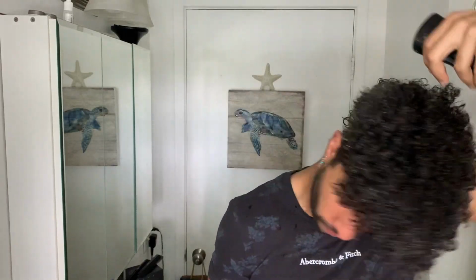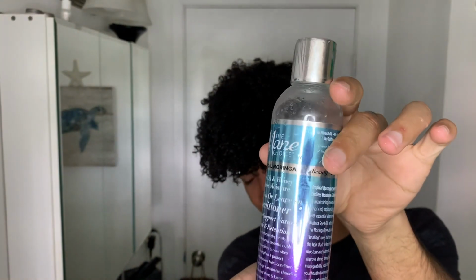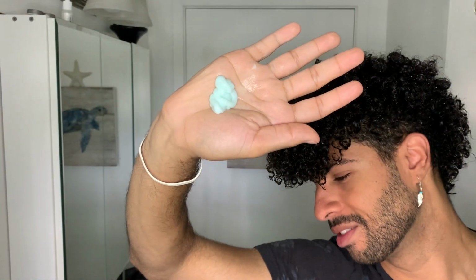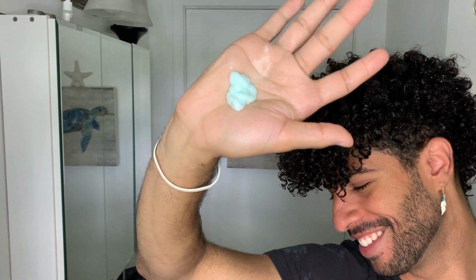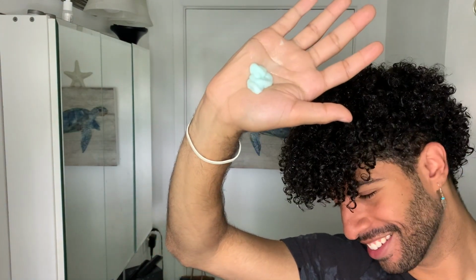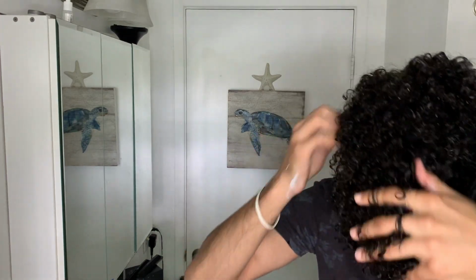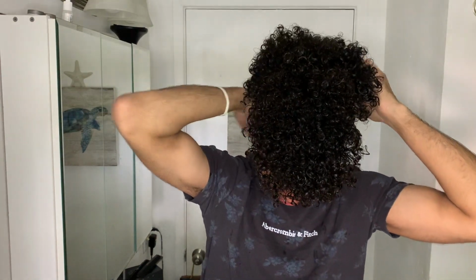Next I'll be going in with this Mane Choice Tropical Moringa Leave-In Conditioner. This stuff smells really good. It's not too overpowering, it's a very tropical sweet scent, which I'm all about. I will just apply this from typically my roots to my ends, and I'm feeling it right now, but I'll just pretty much evenly coat my hair in this,